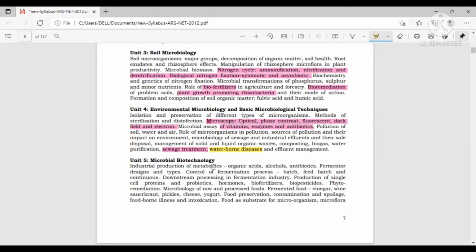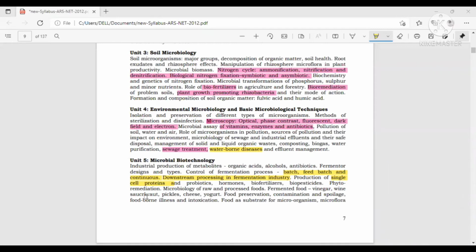Okay, then unit 5. I would like to say that this unit 5 was a little bit difficult for me to prepare. So I gave more time to this module because it is more about industrial microbiology, like the fermentation process, different types: batch, fed batch, and continuous fermentation, and different types of downstream processing. Simply, in the syllabus it is given as downstream processing, but we know that there are different levels and different types of downstream processing, so you have to study that.